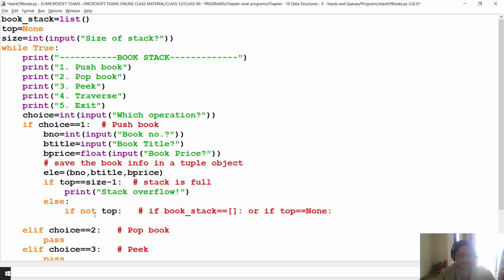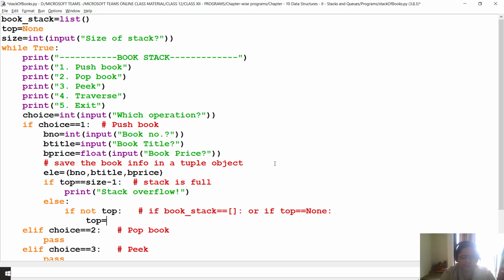If I had written if top, then I would have been checking for that point where top is a not null value or a non-zero value. But in case I am writing here if not top, that means I am looking for the condition to be true when top doesn't contain any valid value. That is absence of a value, that is none. So if not top, it means there is no element.